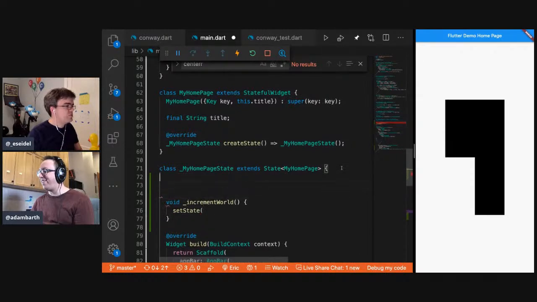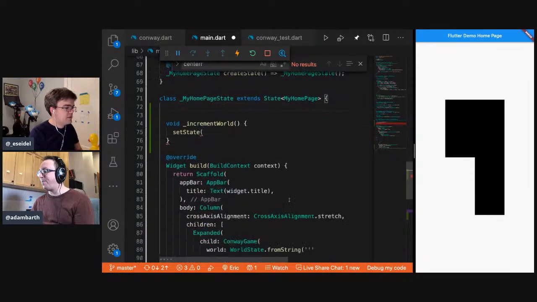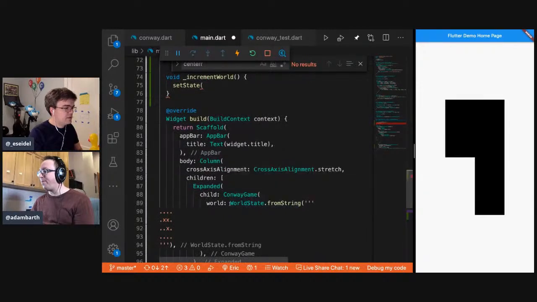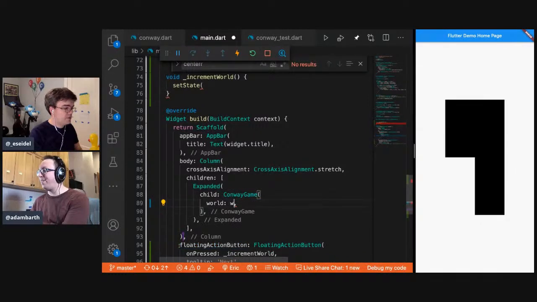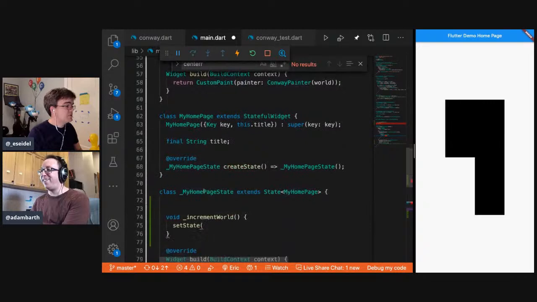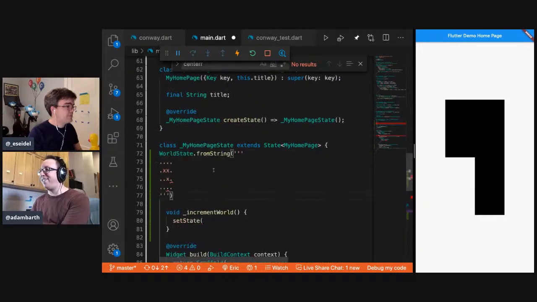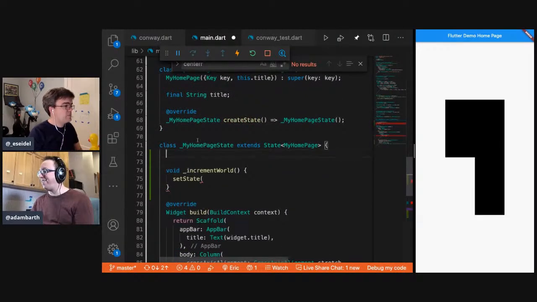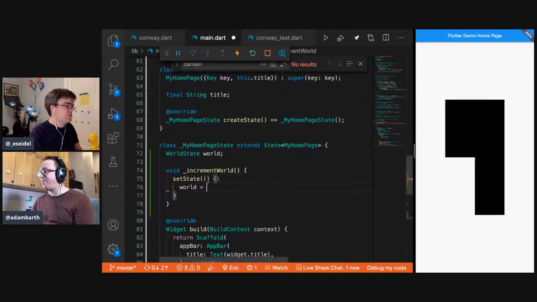This needs to hold the world state. I'm probably not talking enough as I tell you what I'm doing here. All right. World state, set state. World is equal to next world.